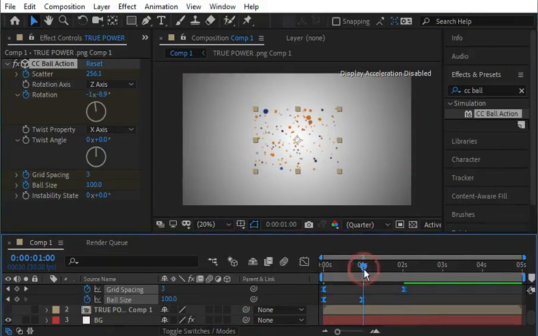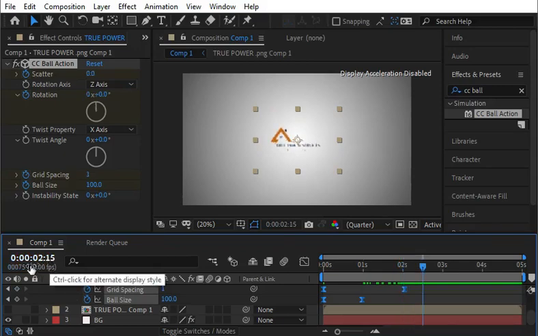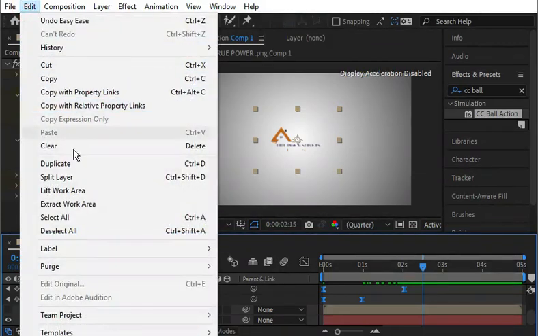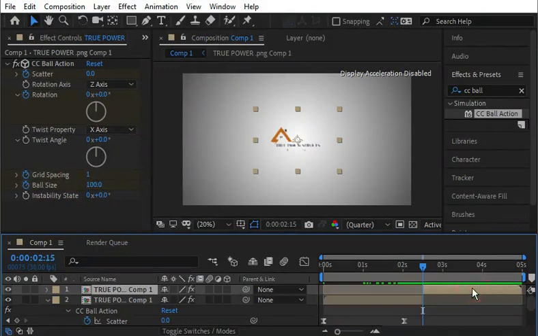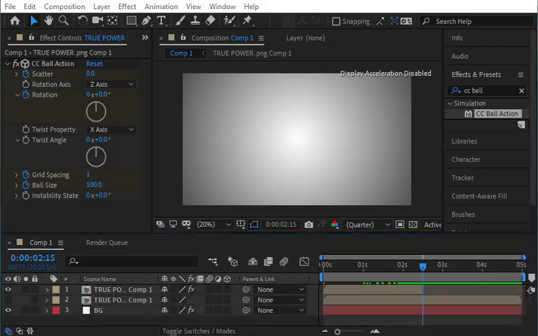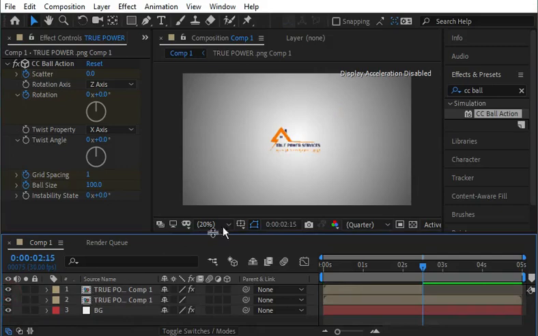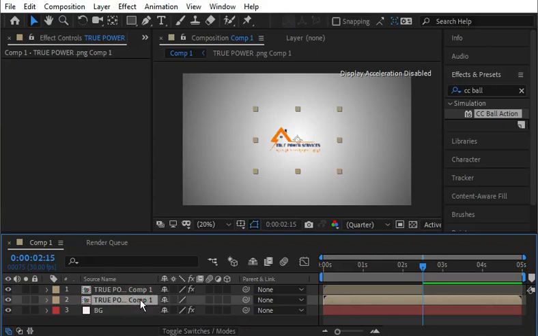now bring this cursor to the 2 second and 15 as it is shown here, 2 second plus 15, and from edit, split layer, and ignore the last portion by pressing delete, and hide the second layer like this so my logo can appear again, and press this second layer,